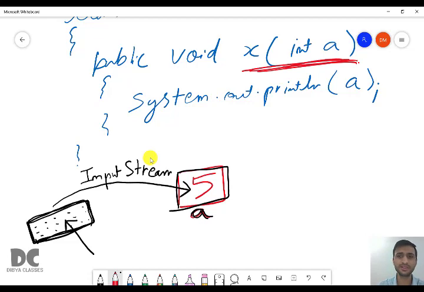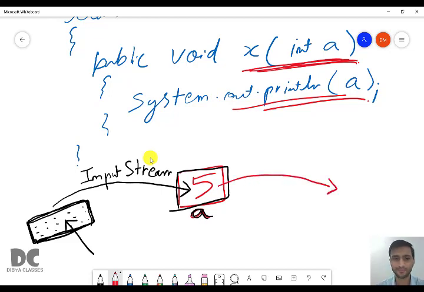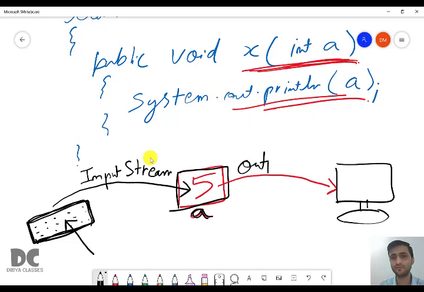And then if you see this part, println, it will help you to print the value on your computer screen. So here comes the work of output stream.